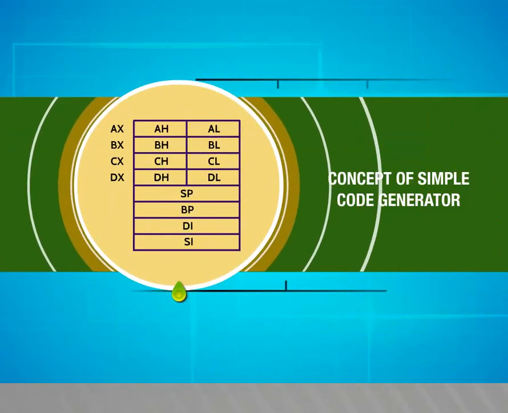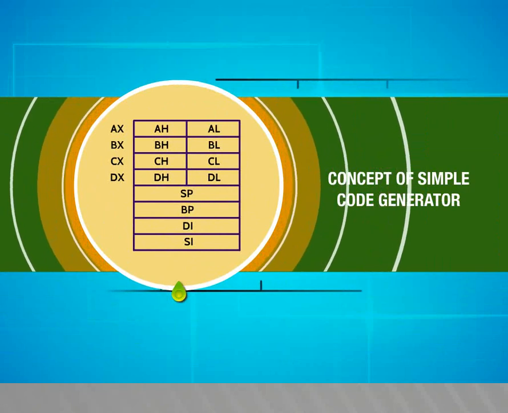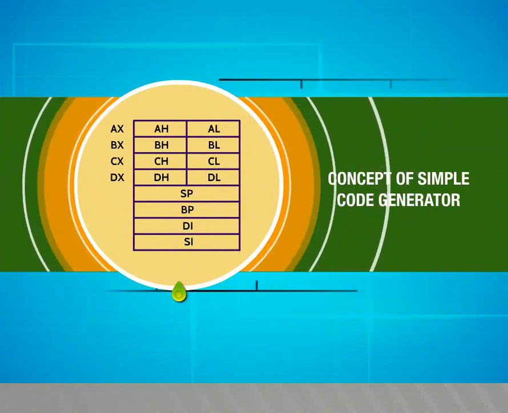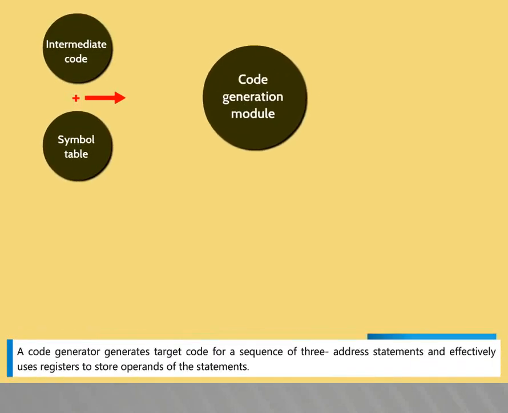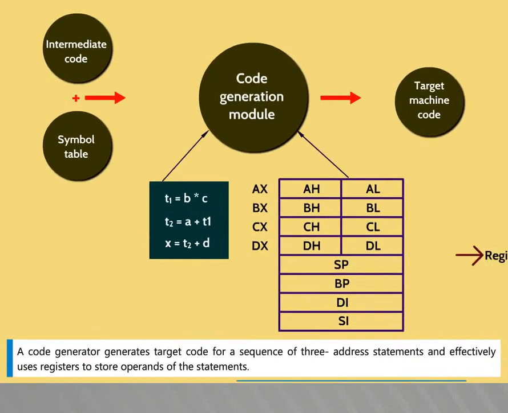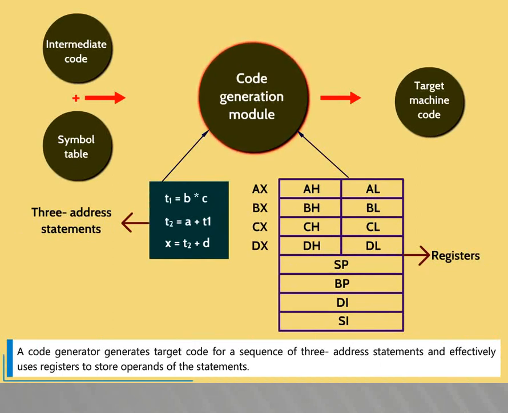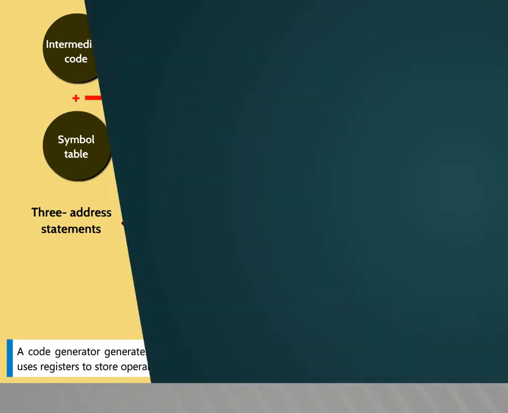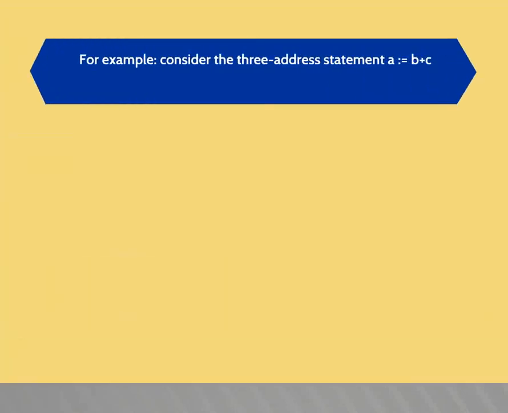Concept of simple code generator. In this video, we are going to see about the concept of a simple code generator. A code generator generates target code for a sequence of 3 address statements and effectively uses registers to store operands of the statements. For example, consider the 3 address statement A = B + C. It can have the following sequence of codes: